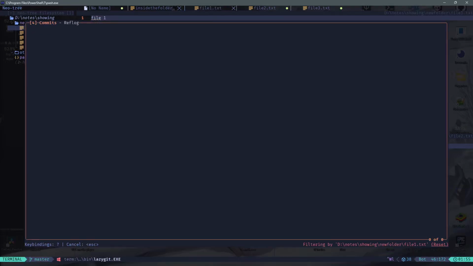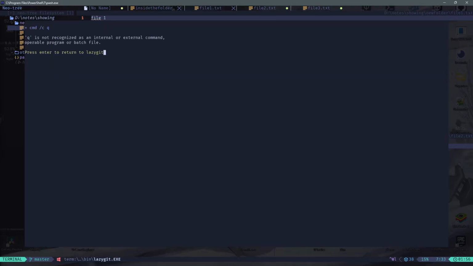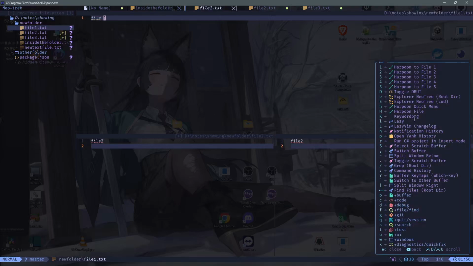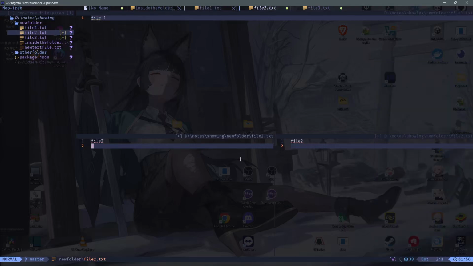Is it lazy Git? Yeah, that's lazy Git, but nothing is displaying. That's unlucky. So yeah, this will be useful to navigate on other plugins pages and stuff like that. Also now, let's say we have all these windows and